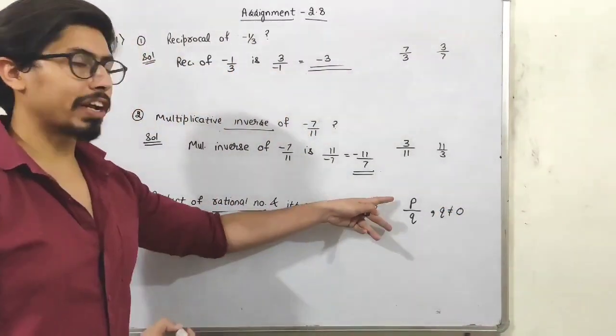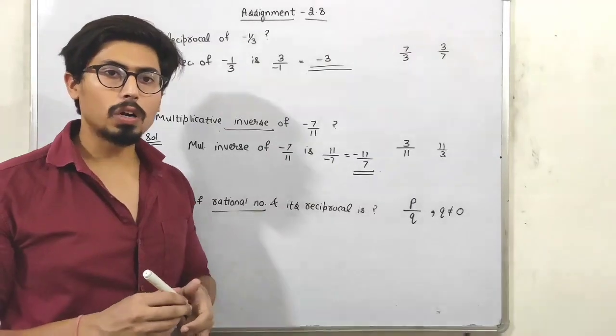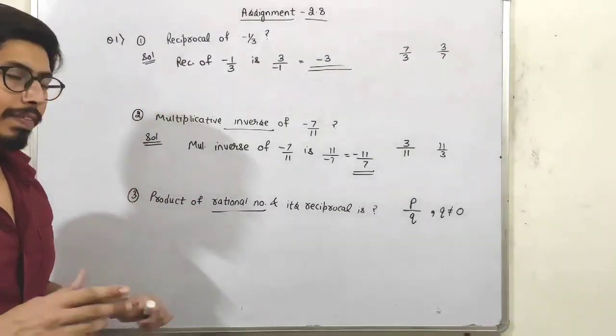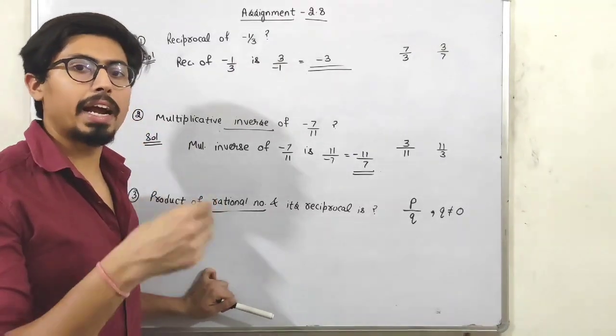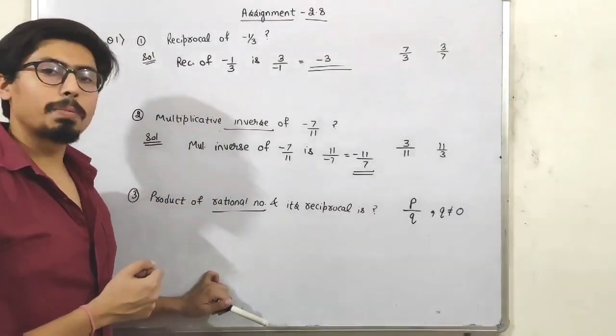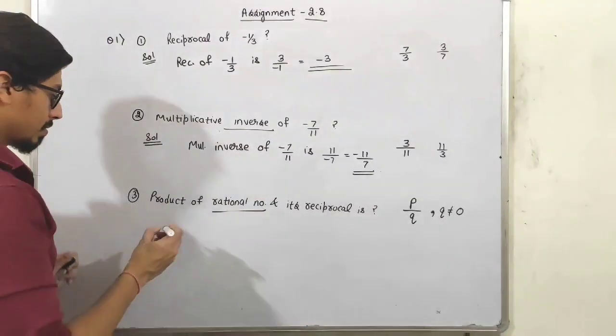Okay. That means the fraction values are called the rational numbers. So what we have to find out? We have to find out the product of the rational number and its reciprocal. Okay. See, students,